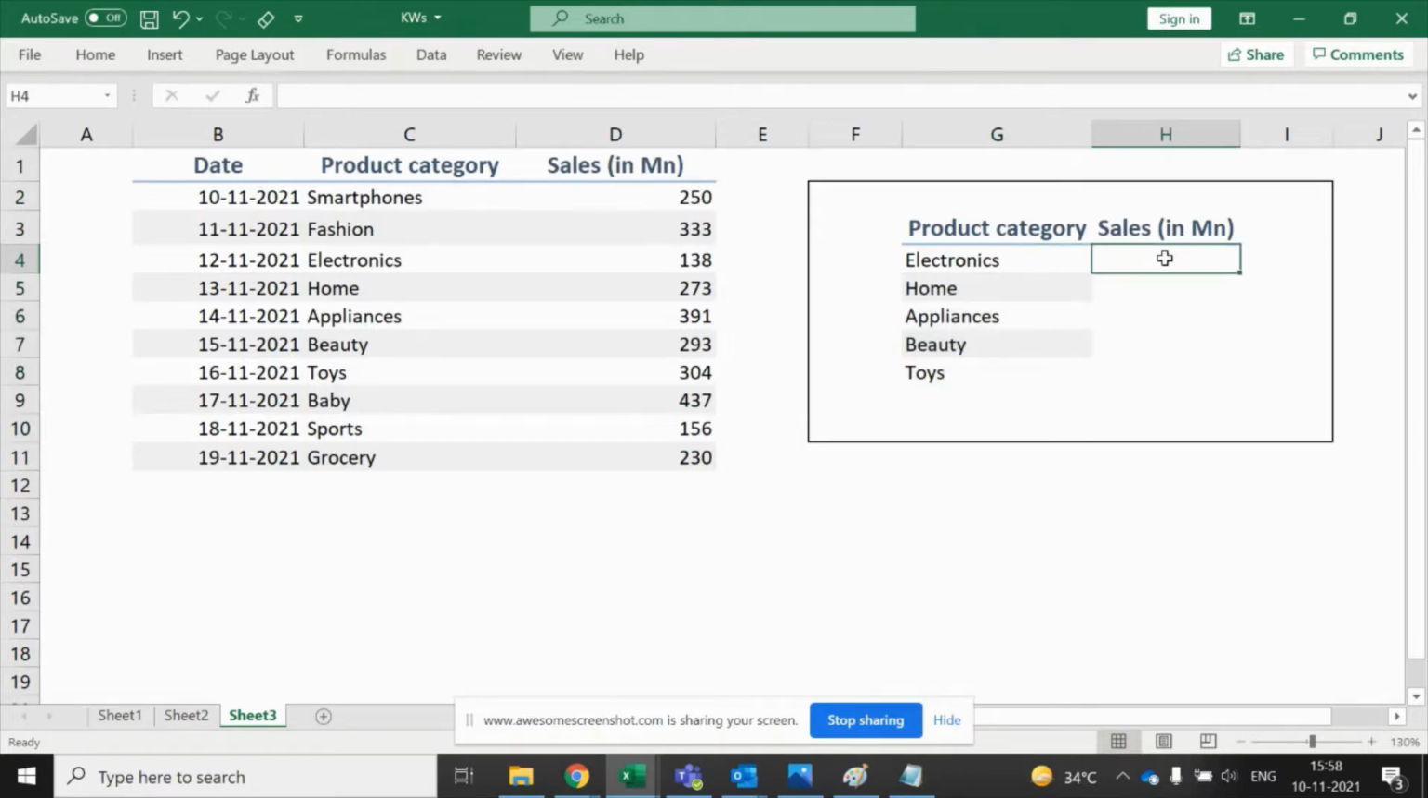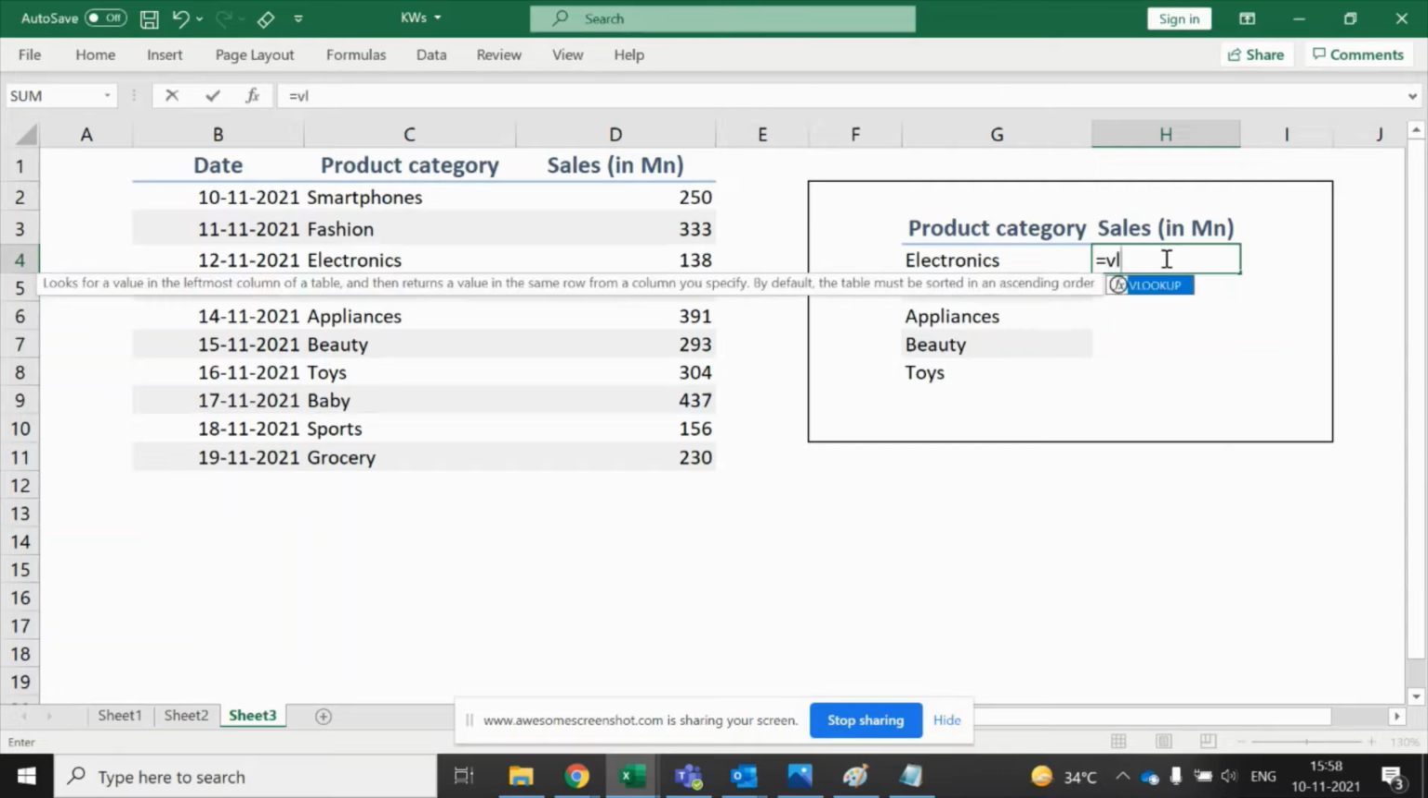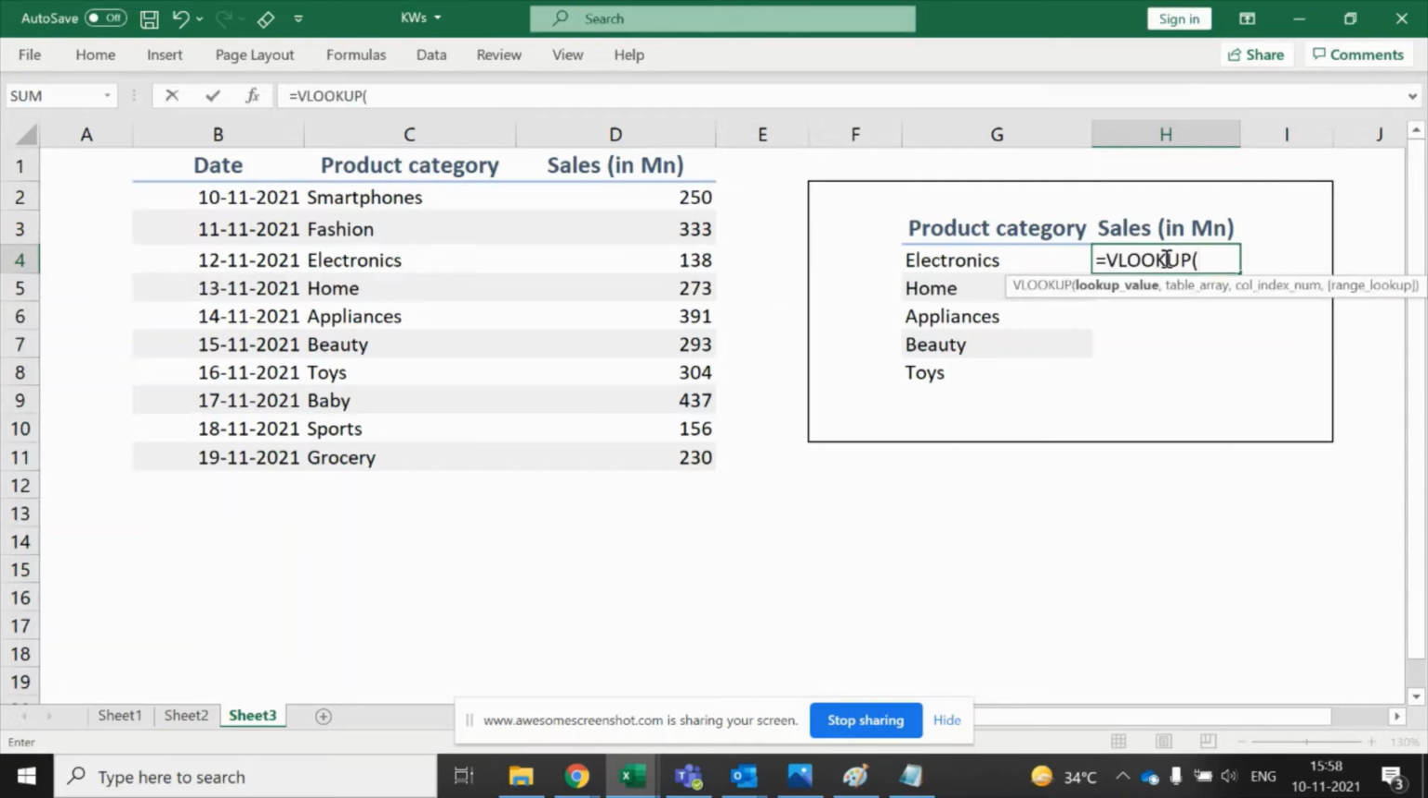So we'll enter the formula: equal to VLOOKUP. In our case, the lookup value is the product category, comma, the table array is C1 to D11. We'll just select that and we'll press F4 to freeze the columns and rows,